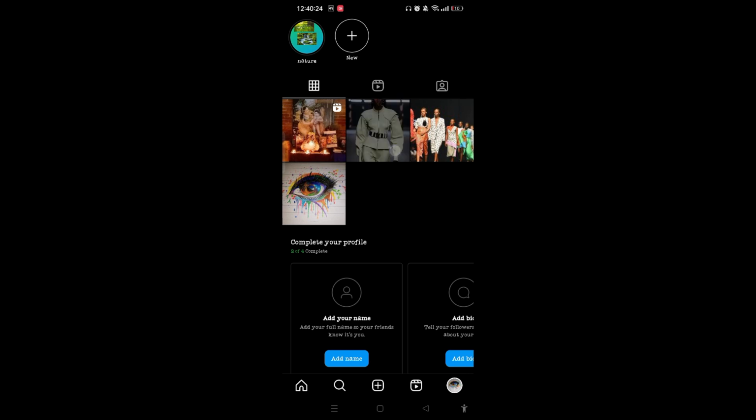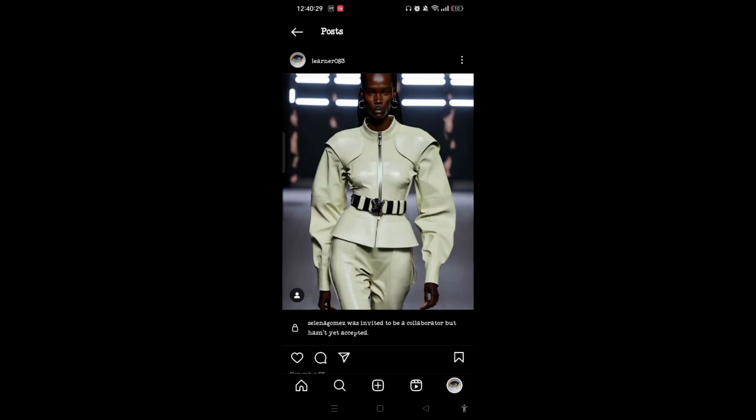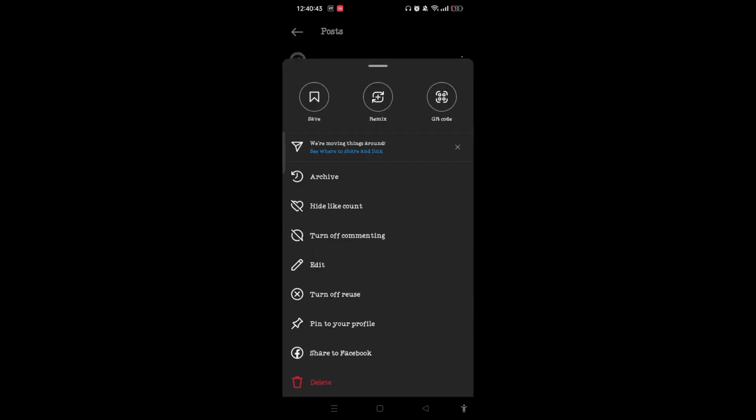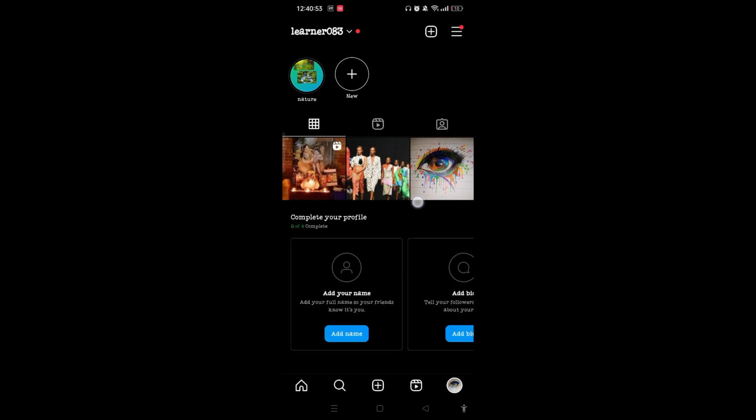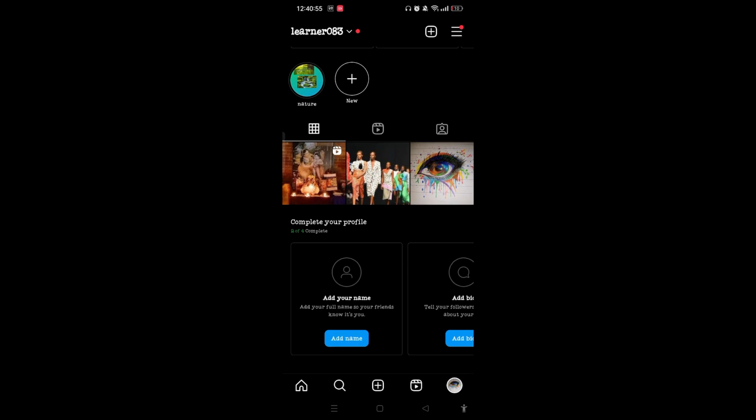Choose any photo you would like to hide on Instagram without deleting. So this photo I have selected. On this photo, you can see the three dotted line on the upper right corner. Tap on that and you can see the option archive. Tap on it, and once you come back here, you can see that the photo has been hidden on Instagram